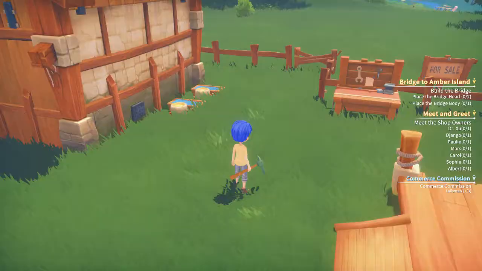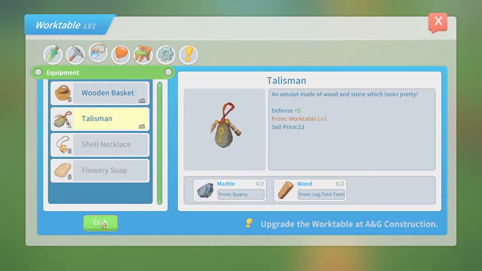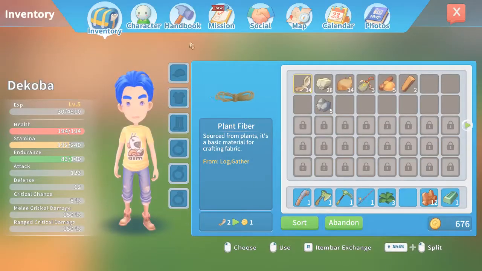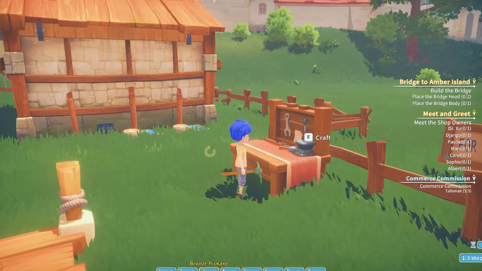And so I'm not really sure what some of the later things do, or if you can fully max everything out. If you can, that's cool. Alright, so let's see. We need to go to our missions, and the Commerce Commission was for Sam, who should